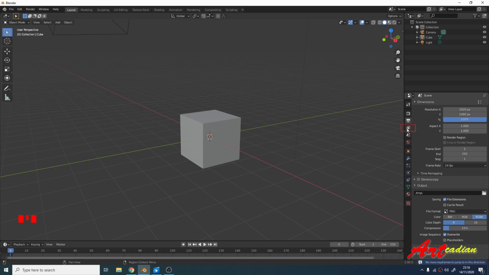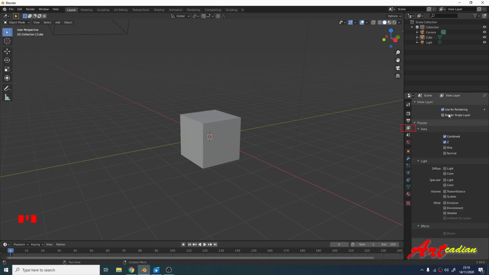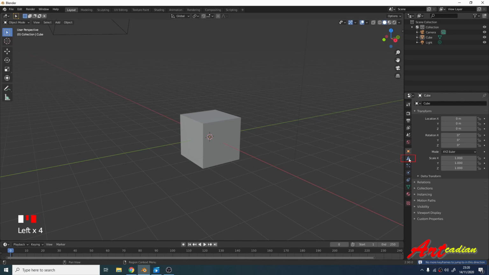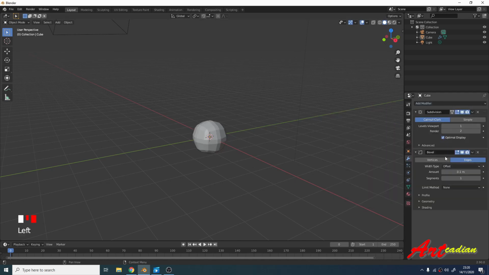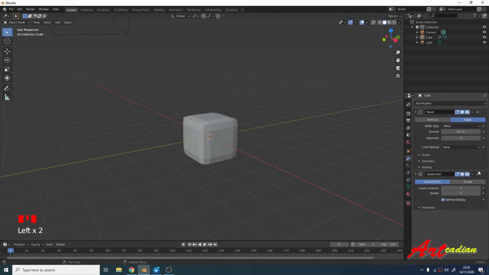The icon that looks like a stack of photos is the View Layer tab and is similar to what is commonly called render layers. The view layer is usually used to separate the background and the passing characters. For example, for easy compositing after rendering. Tool icon. Modifier tab allows manipulation of objects. You can use as many modifiers as you like, and change the order or application of these modifications using the following arrows. For example, the Subdivision Surface modifier and the Bevel modifier.